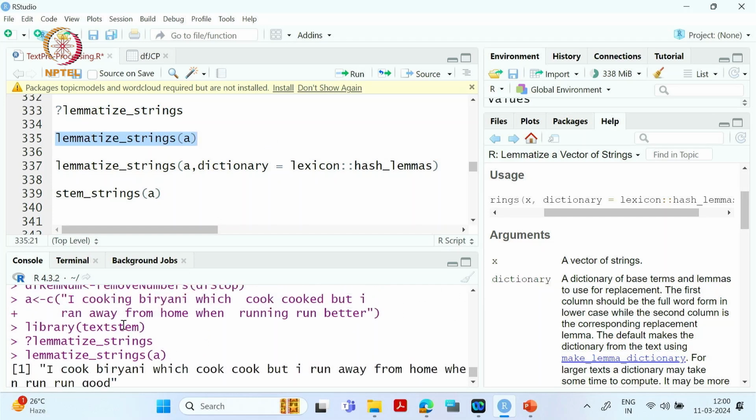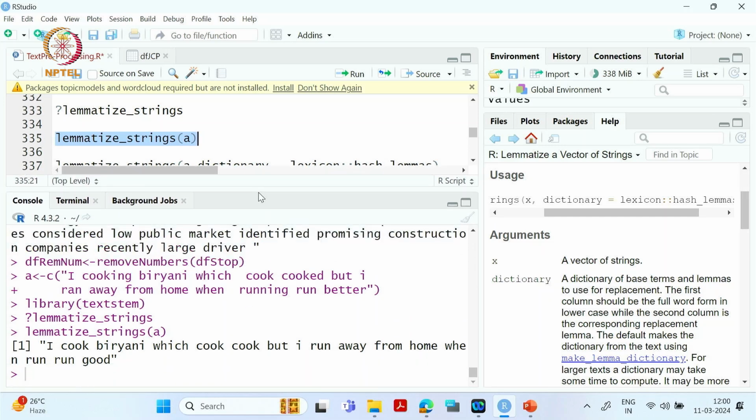My string was I cooking biryani, which cooked, but I ran away from home when running run better. Cooking becomes cook, then cook, ran becomes run, running becomes run,